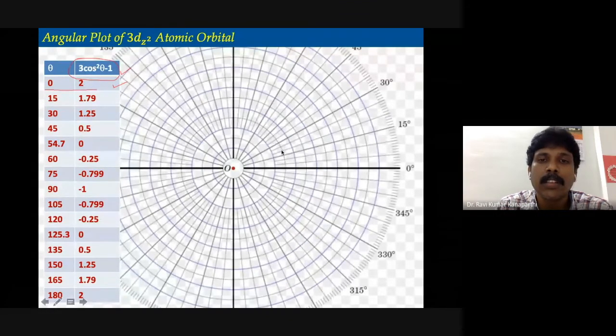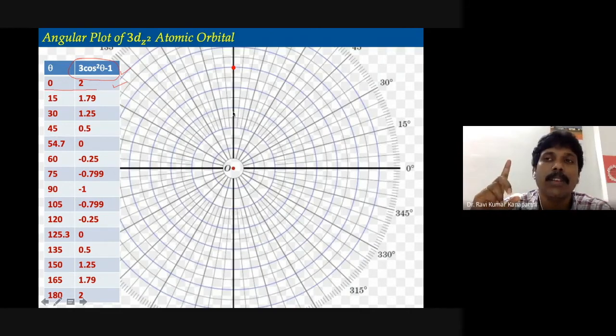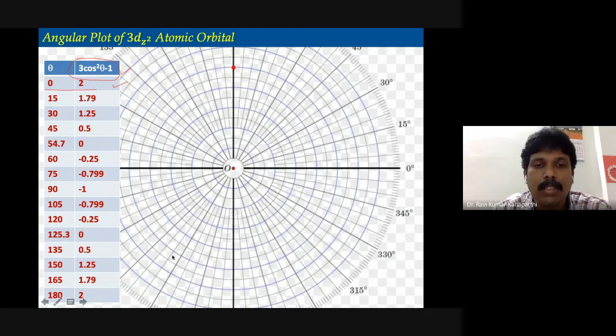Okay, so let us locate this particular thing. 10 circles I am taking as a 2. So 5 circles will be 1, and then 1 circle will be 0.2. That is how I am going to do it. This is 2. This is 10 circles. You can count it. This side also you can count it. This will be my 10 circles. So this length I am considering as 2 units. Now the next point is at 15.